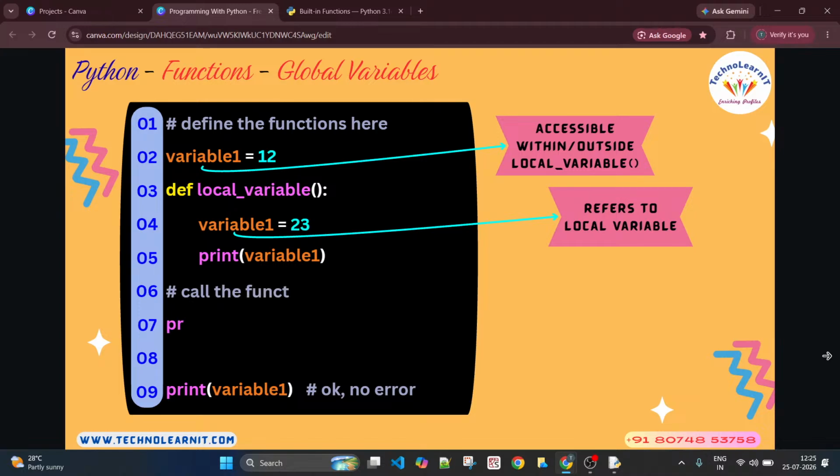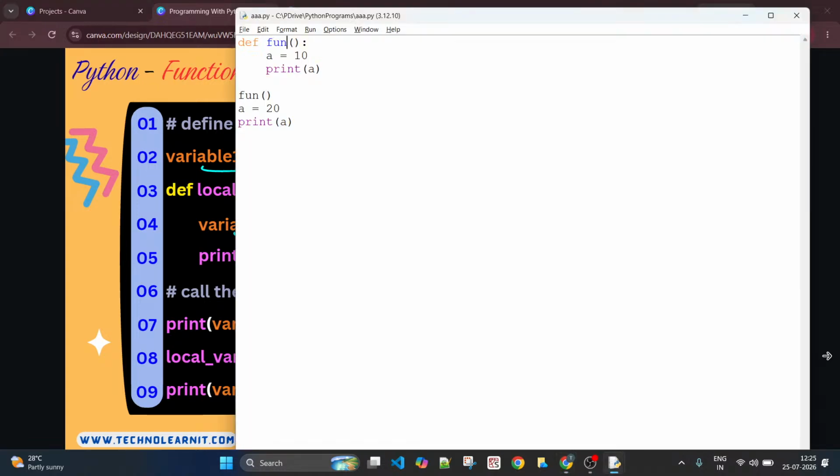Yes, global variables. I'll show you this also practically. What is meant by a global variable and how do you really make use of these global variables? So what if I write this statement? Oh, sorry, before this function definition like this. Okay, interesting, right? Let me remove this for now or comment it out for now.